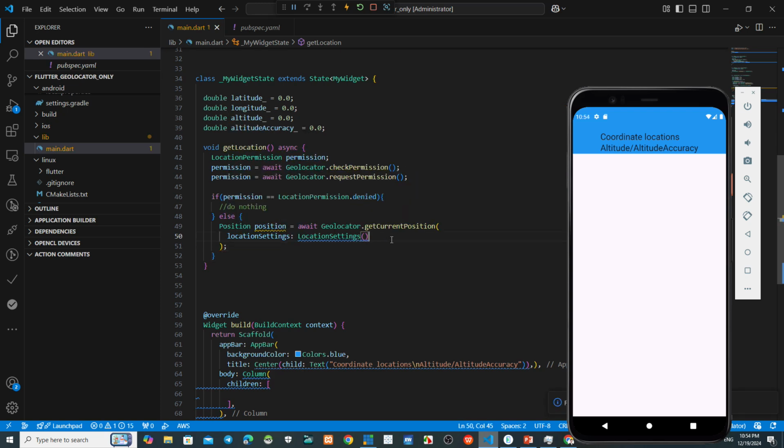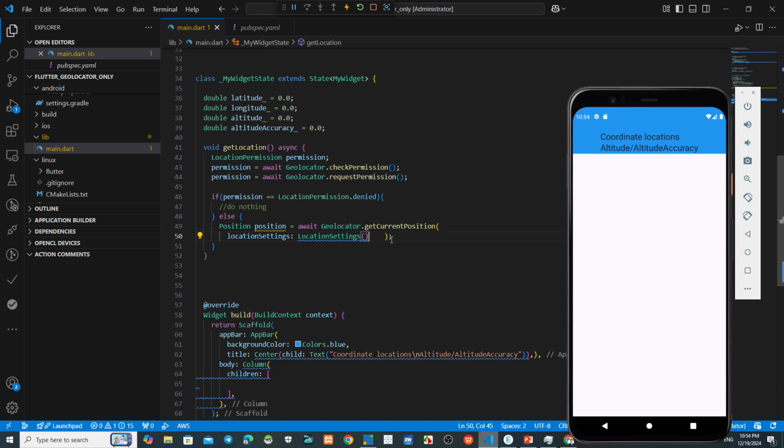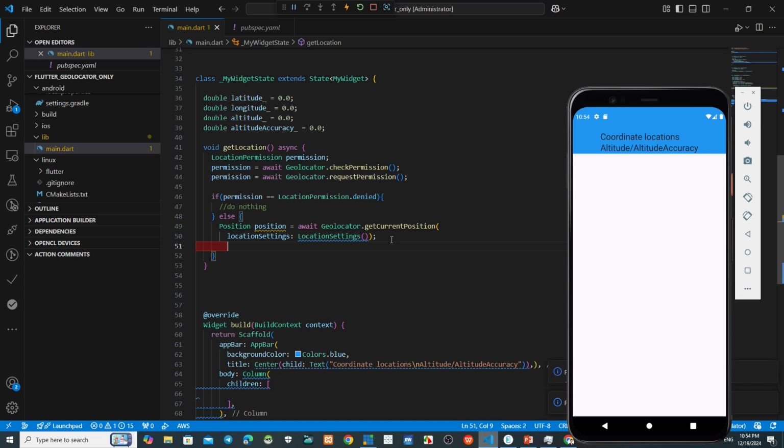Okay, this one local setting. After that we receive the parameter.